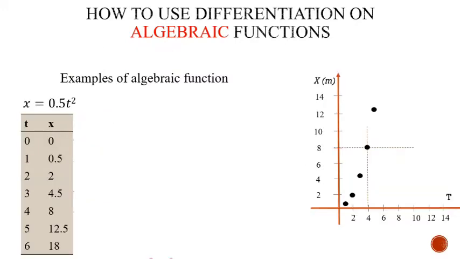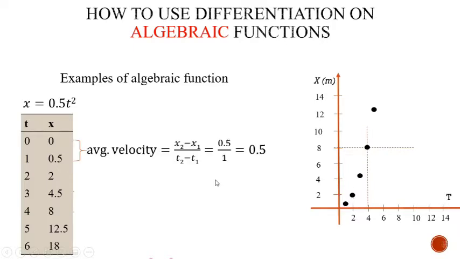For example, here the displacement function is 0.5 t square. For this, if you put time equal to 0 up to 6 seconds, you will get these different values. For example, if you put t equal to 1, then the output will be equal to 0.5. If you put t equal to 4, then 4 4s are 16 and 16 multiplied by 0.5 will be equal to 8. So if you try to represent this on the xt diagram, it will not be a straight line because this is not the equation of a straight line. So it will be a curve.